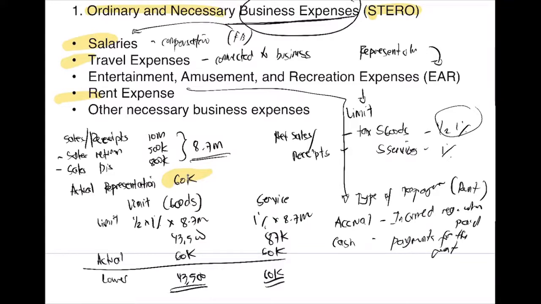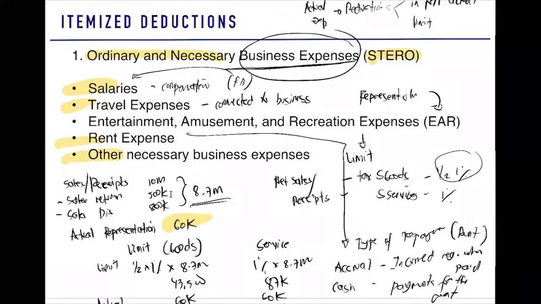Okay? So no limit, although we need to look as to the types of taxpayer, whether it is accrual or cash basis. And the last one, other necessary business expenses. So long that it is in connection to the business or trade or profession, we can deduct it. Okay, just a rule, guys. Expenses can only be deducted or deductions can only be claimed if ever you are engaged in a business or trade or a profession. I hope we made that clear in our previous topic as to your principles of deduction.